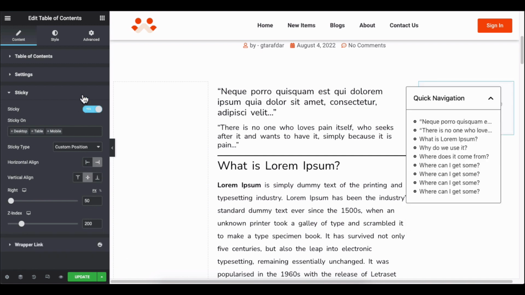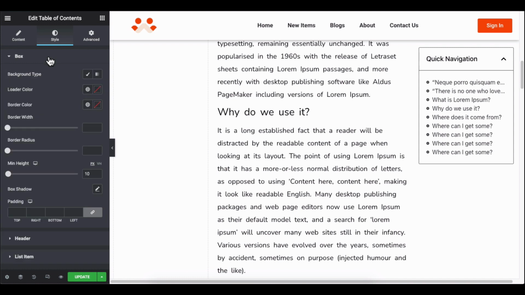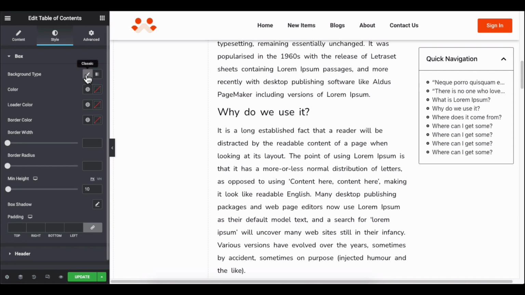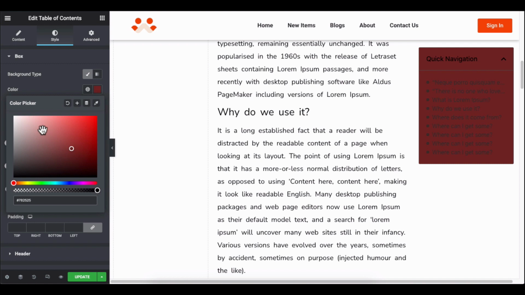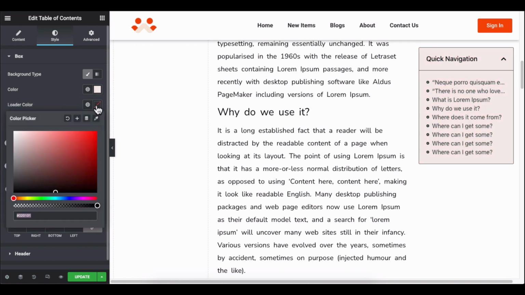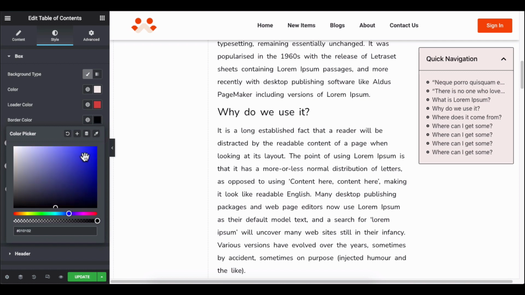Now, it's time to show the available options in the Style section. Click on it and you'll be able to design the box, header and list item. Expand the box style and you'll find two options, Classic and Gradient. Choose Classic and add background color, loader color, border color,